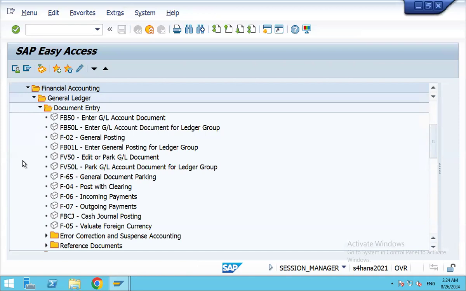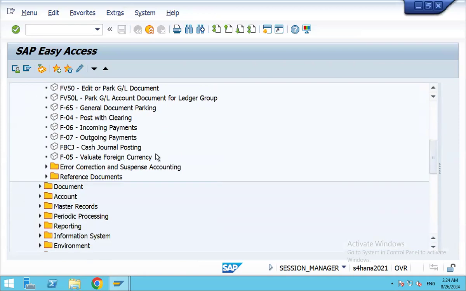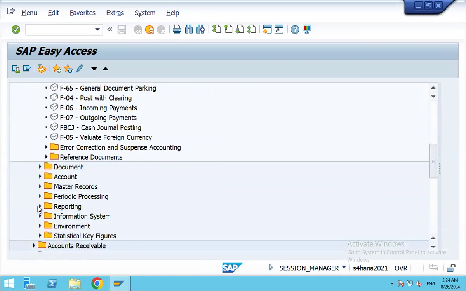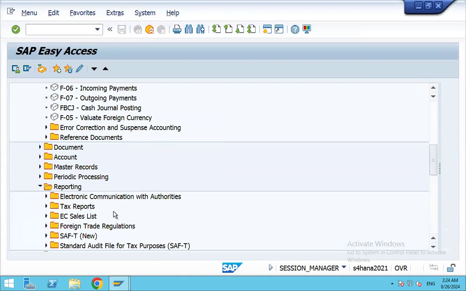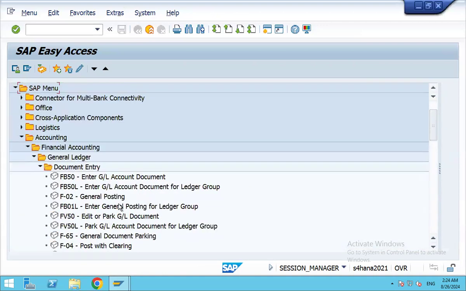Yes, sir. Okay. So this is the document entry part, and then we have the report generation, right? This is the reporting part. Okay. So as an end user or as a support consultant, you need to create the general ledger,